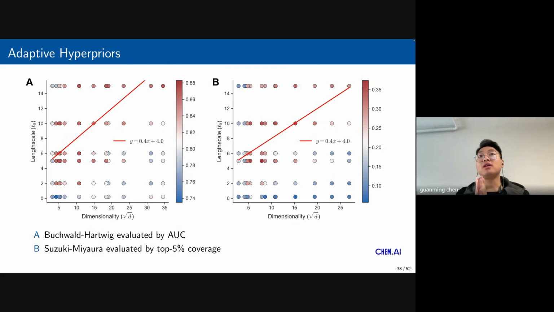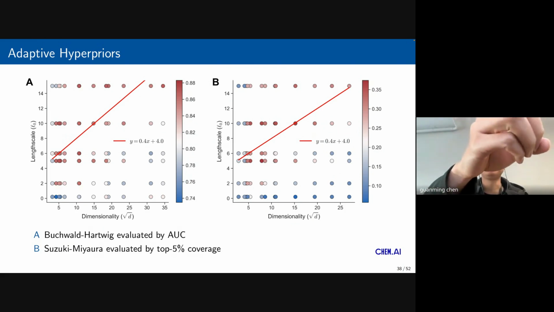We are using, well, to make this plot, we are not using our own adaptive hyperprior. We are using the default things that are employed in practice. They are not well designed for high dimensionality. But you can imagine that if we,